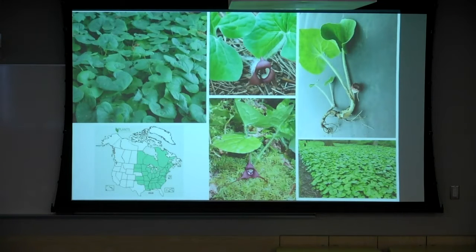But now consider another example. This is one that you might know because it grows around here. This is wild ginger, and this is an upland forest plant. It grows low to the ground in these large bunches. It has a fairly large range, and it makes these peculiar flowers that are very low to the ground